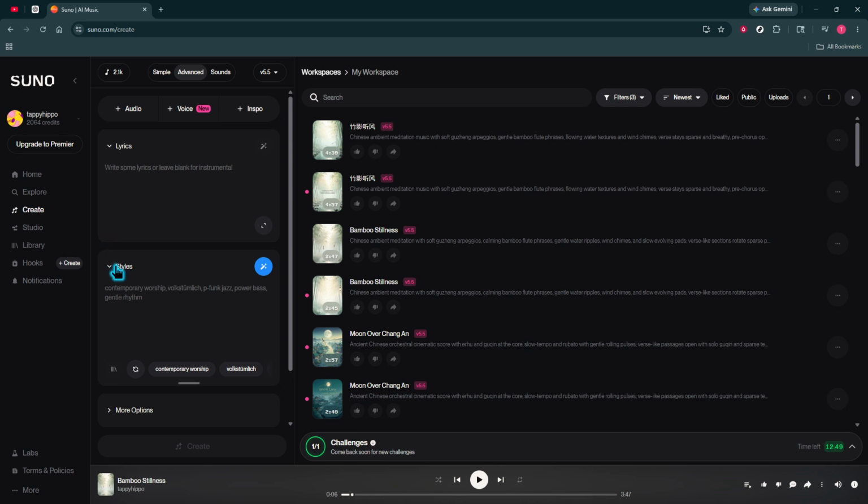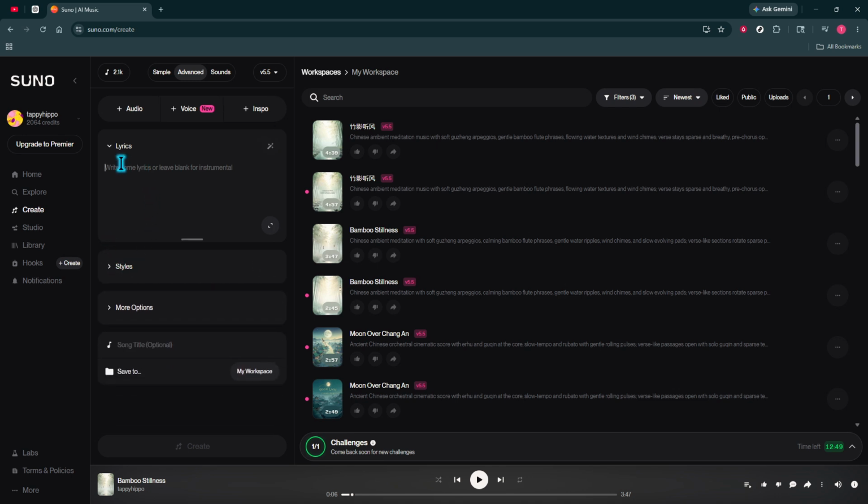With Advanced mode on, add your lyrics. Think of this as your script for the singer. Keep lines concise and natural, and use punctuation to guide phrasing. Commas for short breaths, periods for full stops. If you want a particular emotion, add expressive words that signal tone, like gentle, confident, or soaring. Clear structure helps the model phrase the melody more musically, so break verses and choruses into separate lines or short